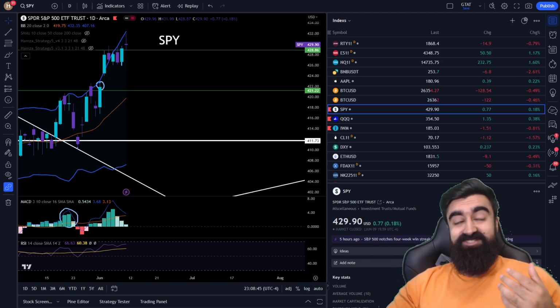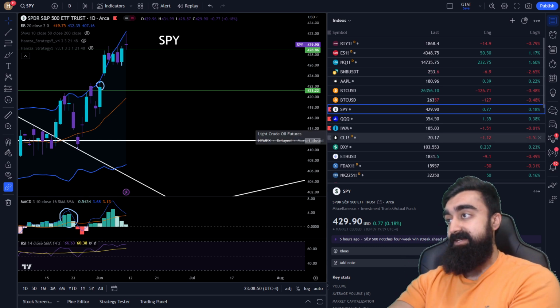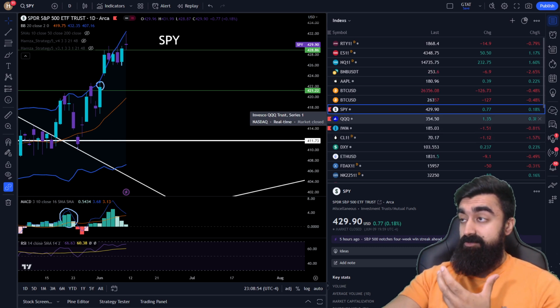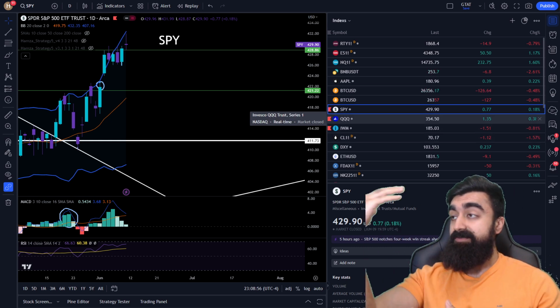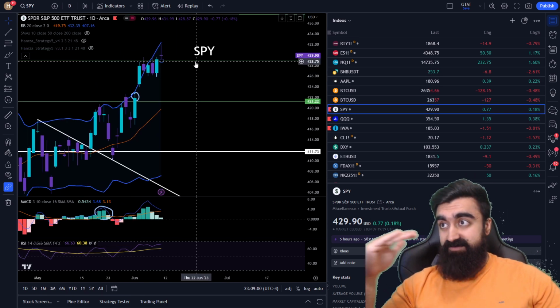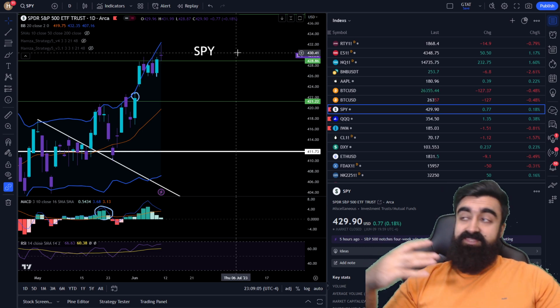So first things first, let's go ahead and take a look at the percentage gains and losses for each of the indices today. So the IWM was the biggest loser, the NASDAQ was the biggest winner, and the strength in the NASDAQ helped pull the SPY up. So essentially we can see that the SPY closed above this range here at 428. And I was essentially saying that